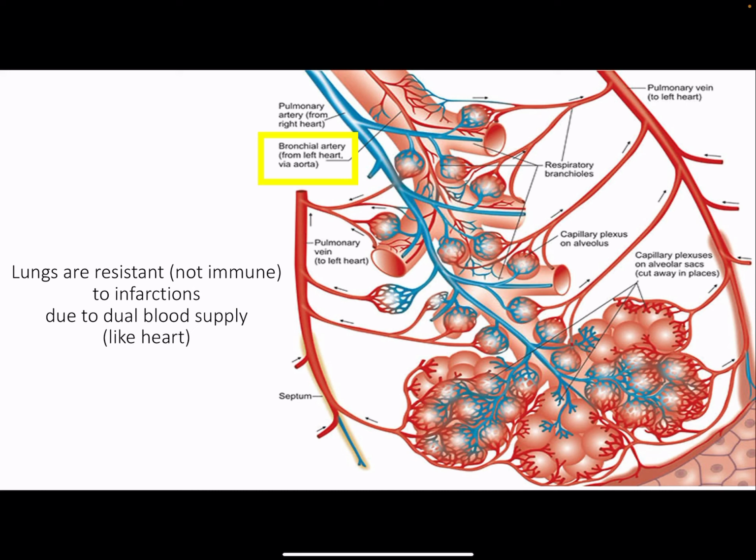So in addition to blood running through and snaking around the alveoli, similar to what we have with the heart, the difference is that the endocardium is too thick for blood to diffuse through. Blood could technically come from the pulmonary capillaries, but we also have these bronchial arteries, which are snaking down and